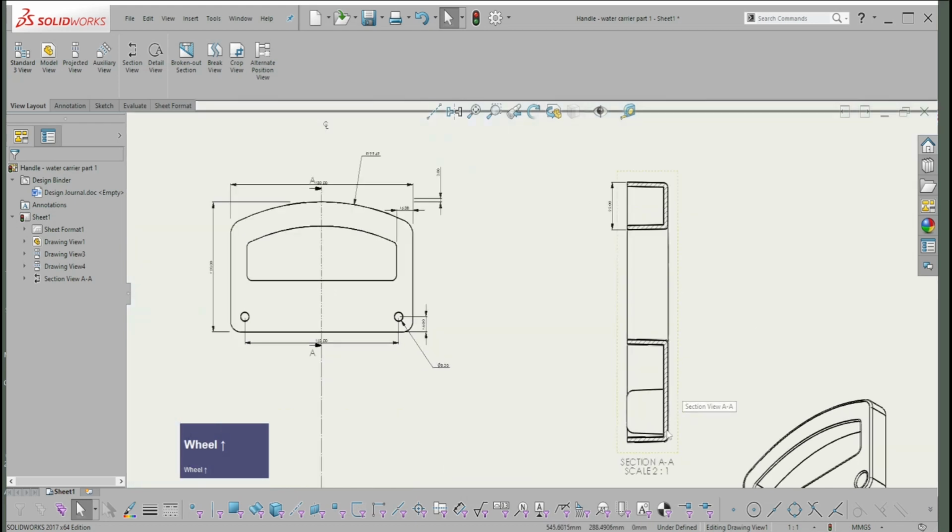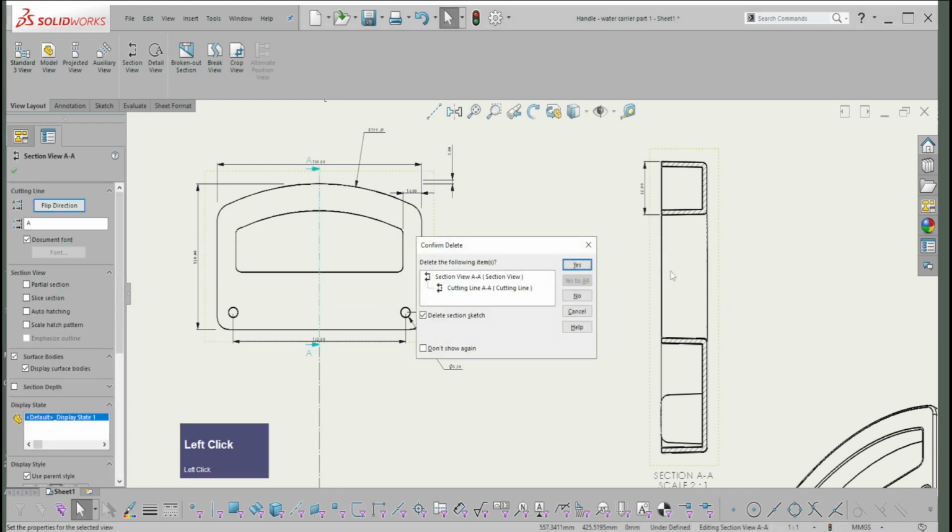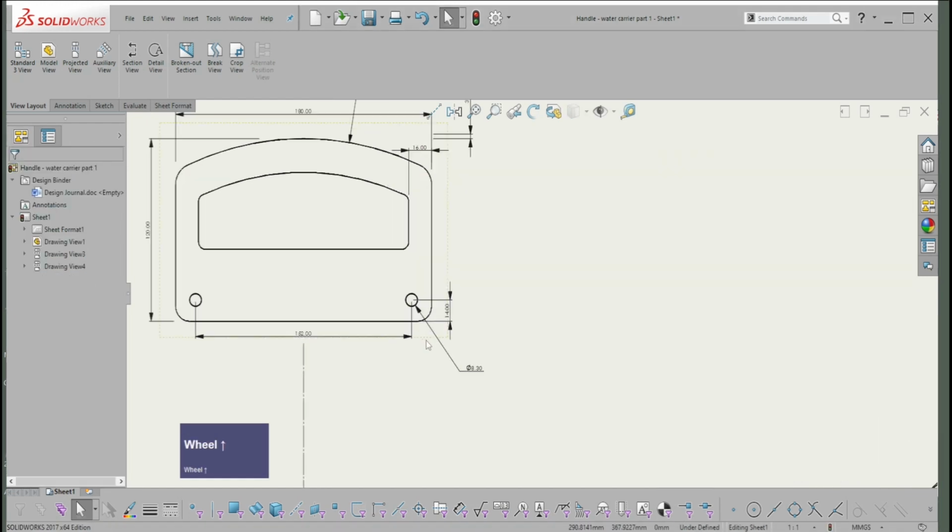Now this section is fine, except I really want a section to go through this boss and then take a corner to the left and then go across. So I want the section view to capture all of the internal details in one shot. And the way to do that is to do an aligned section. I'm going to delete this section with the cutting line. And instead of using the section view and then creating a line, I'm going to create the line first. So I'm going to create my cutting line